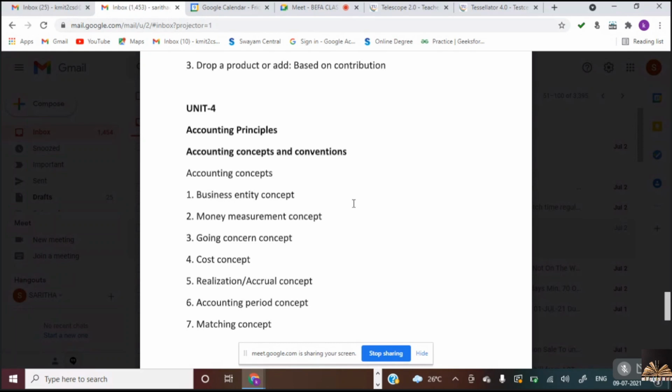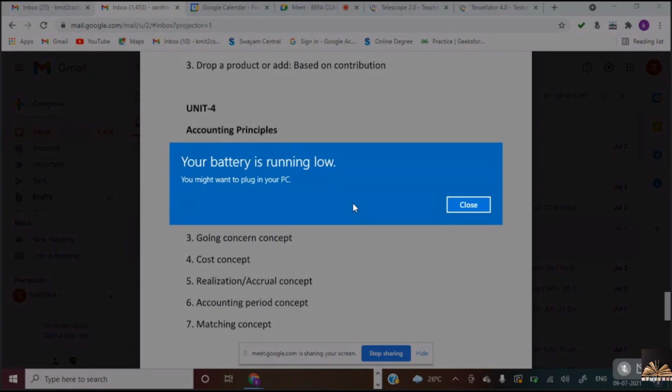I think everyone will start a business in the same way. Will anyone start a business this year and stop after 1 year or after 2 years? No, isn't it? So another main assumption in business is the going concern concept. The assumption here is the business will never end in the near future. Is it clear now? This is known as going concern concept. Now going to the fifth one, realization or accrual concept. As per accounting, there are two methods of recording the transactions.